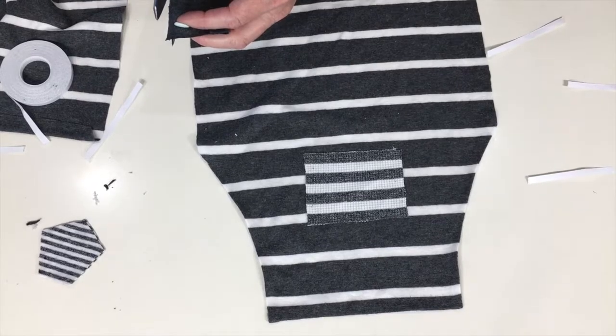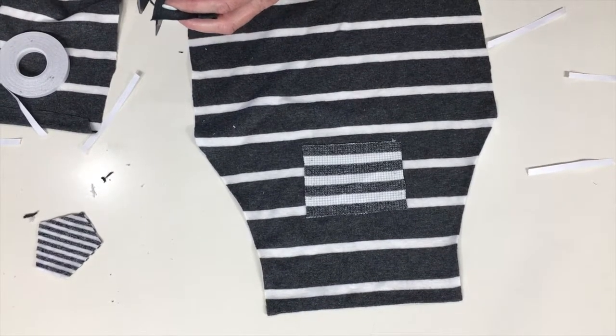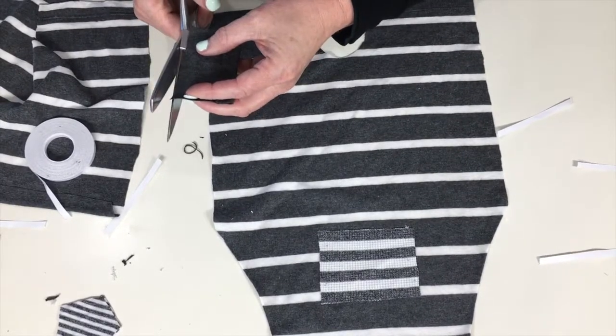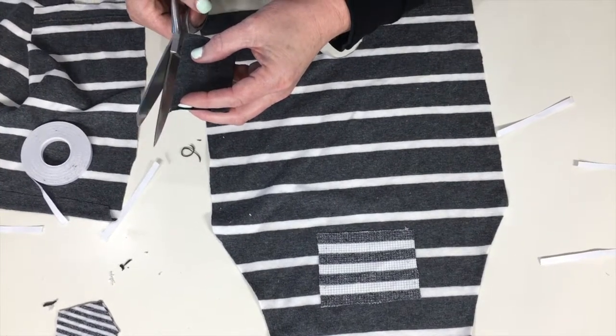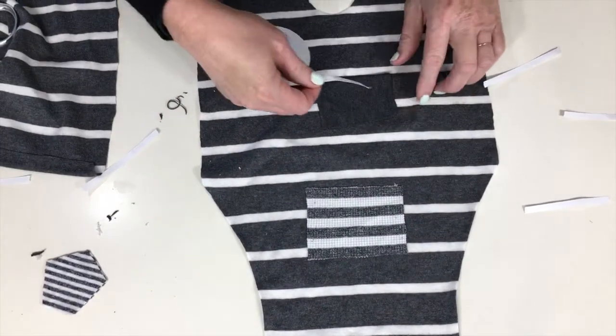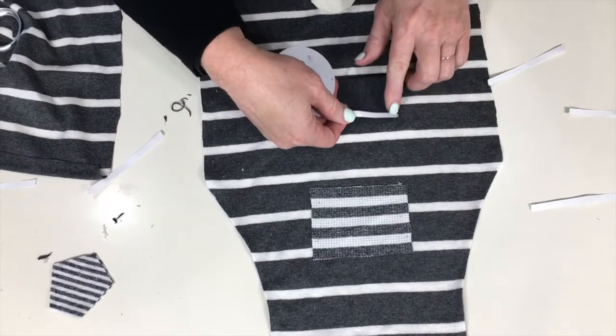straighten that up. Another thing about when we cut double on these when we really didn't need it, it does help to cut double because it helps you get a little bit straighter. Apparently it didn't help me right now, but it does help. It's easier to cut 2 layers than it is to cut 1. So